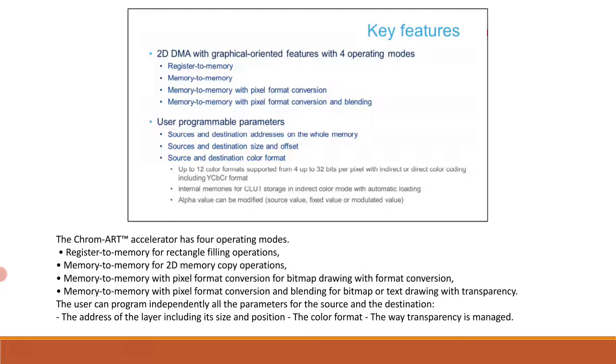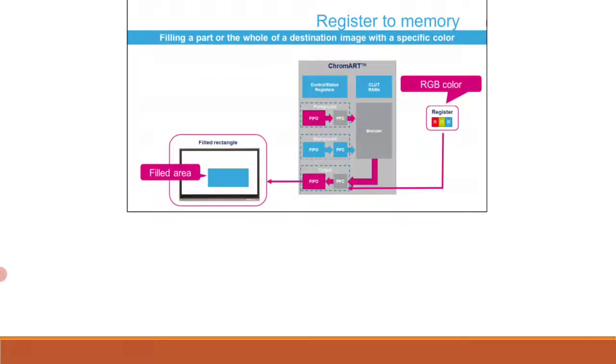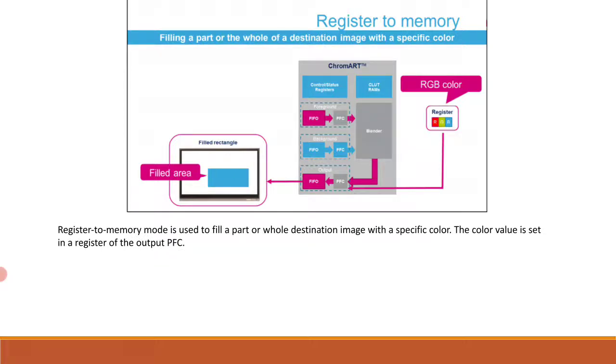After this, we'll just quickly have a look at register to memory mode, which is used to fill a part or whole of the destination image with a specific color. Here in this figure you can see the color value is set in a register of the output PFC. So this is the register to memory mode, and